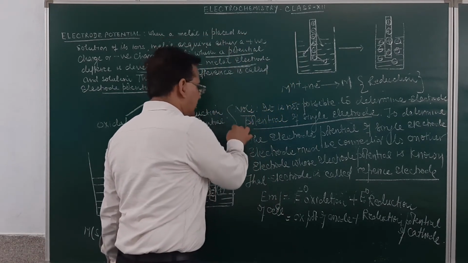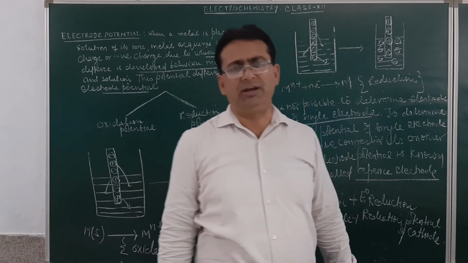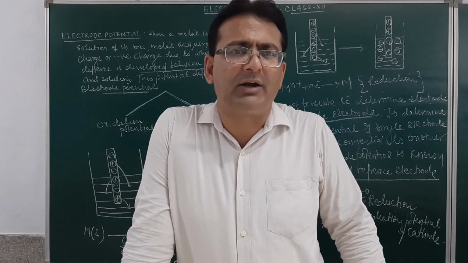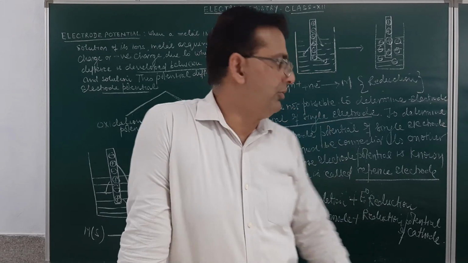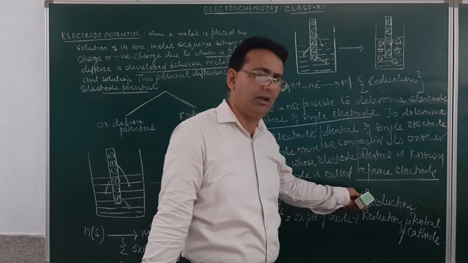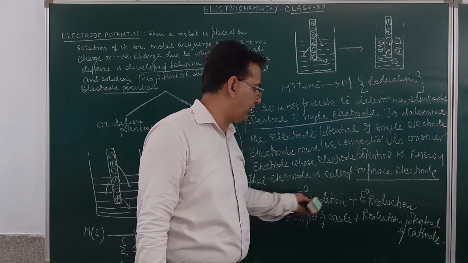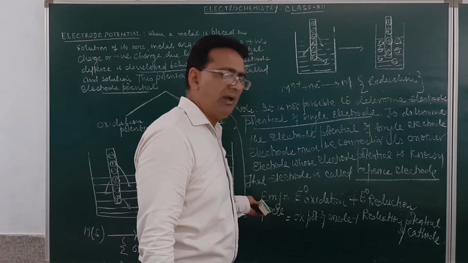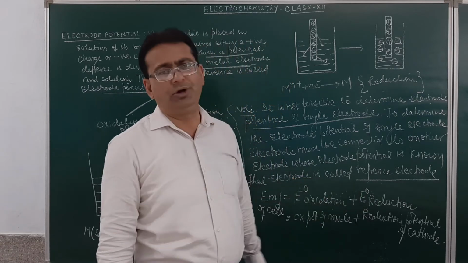So if you want to determine the electrode potential of a single electrode, it cannot be determined. To determine the electrode potential of a single electrode, it is to be connected with the reference electrode. The reference electrode potential once known, we may find out the EMF. Now out of these three, EMF, E oxidation or E reduction, the electrode whose potential is to be determined will either be the oxidation half or reduction half. Suppose it is an oxidation half, then we will be measuring the value of EMF. We know the value of E reduction, so it can easily be calculated from here.